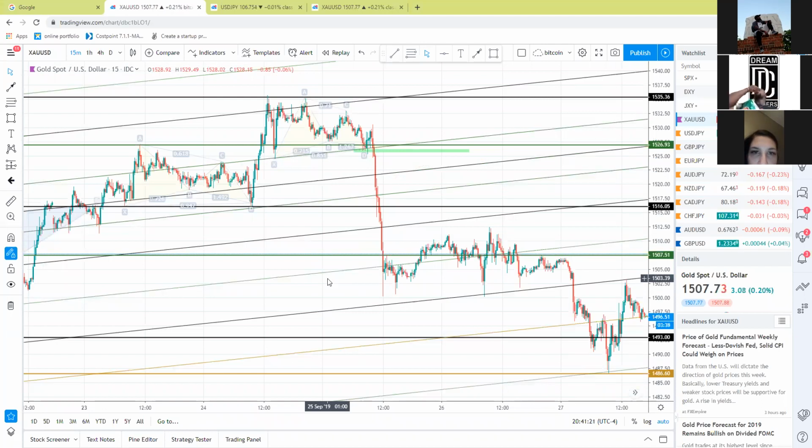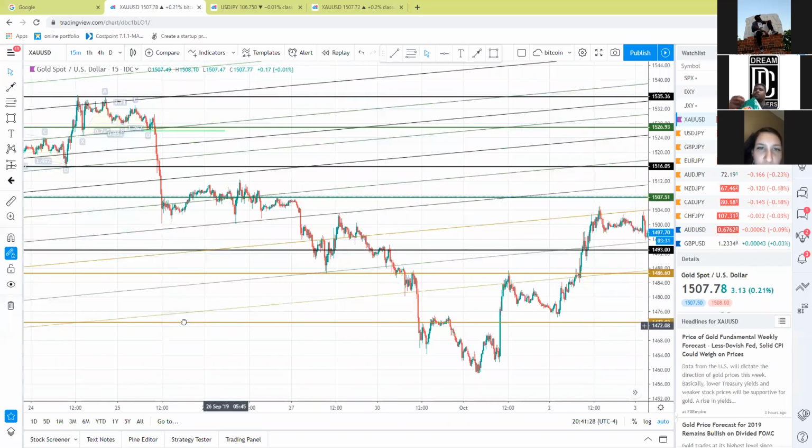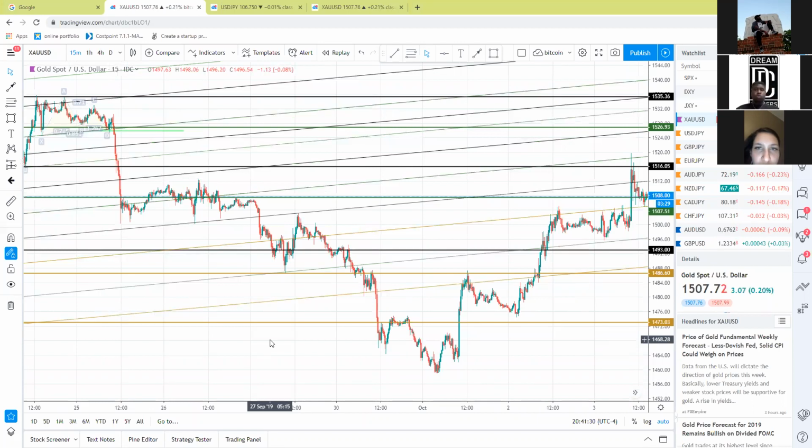Hold on real quick. Okay, I'm good. But looking at here, I have probably the most diagonal trend lines on